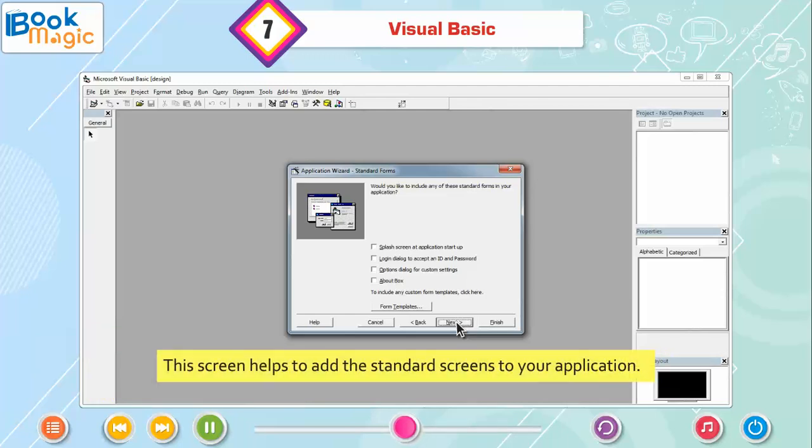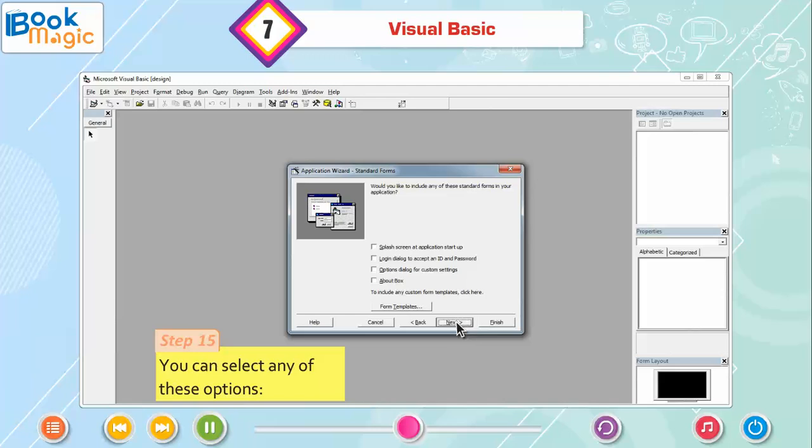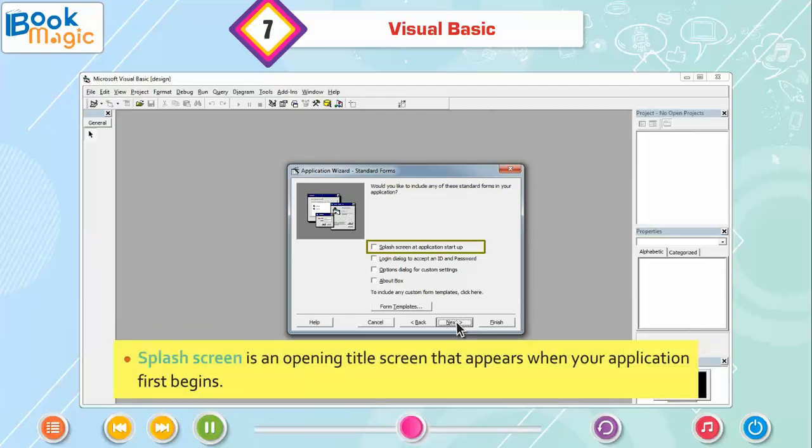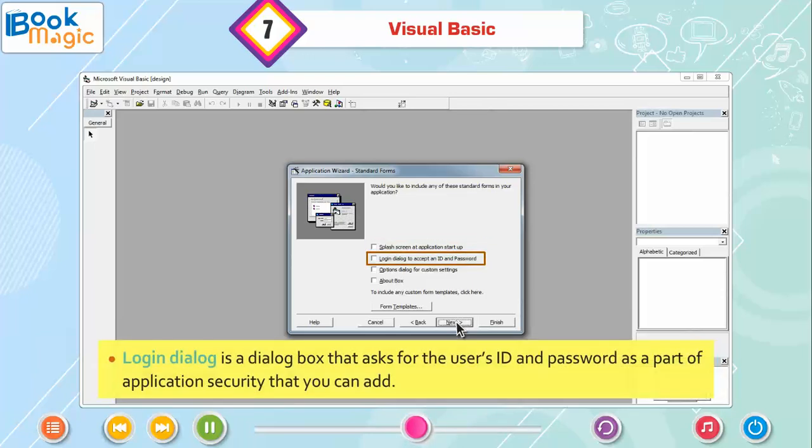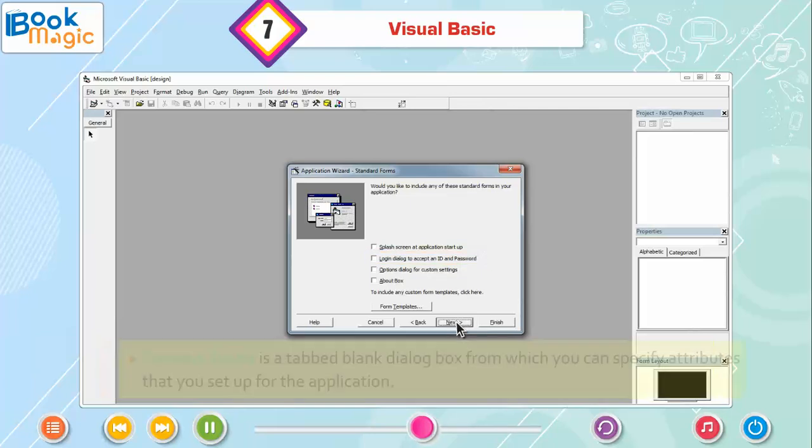This screen helps to add the standard screens to your application. Step 15. You can select any of these options. Splash screen is an opening title screen that appears when your application first begins. Login dialog is a dialog box that asks for user's ID and password as a part of application security that you can add.